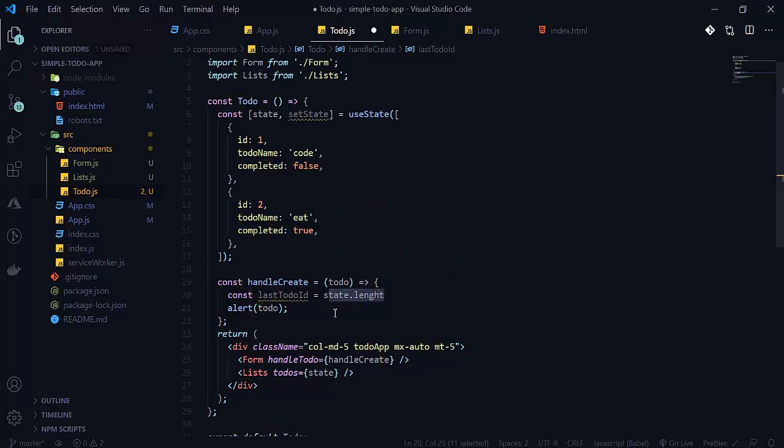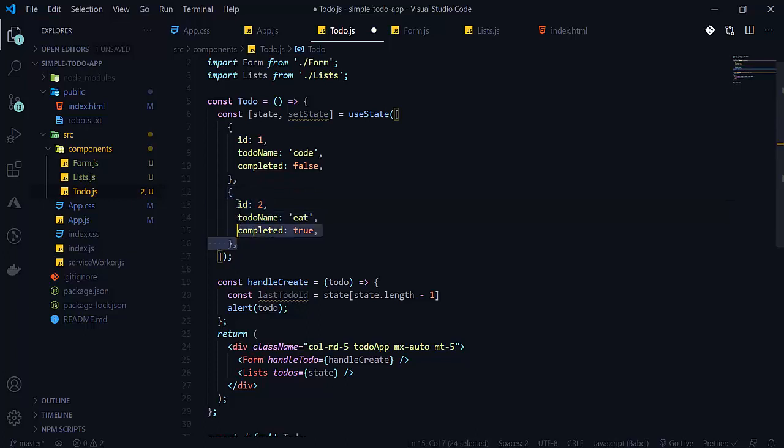But we have to do it now. So here will be state. Okay, so we have to get an array of state. So state of array. As in an array we write array of 0 and array of 1, so it will give us that value here. So we will write here state.length minus 1, because state length is 2 here, because the array starts from 0 and this one is 1 here. But its length is 2 here. So 2 minus 1 will be 1 here. So we will be getting our last array here.